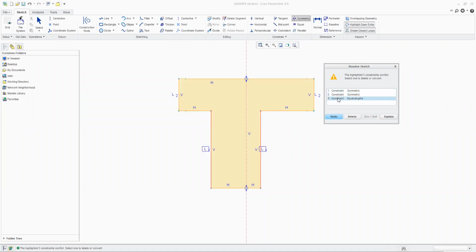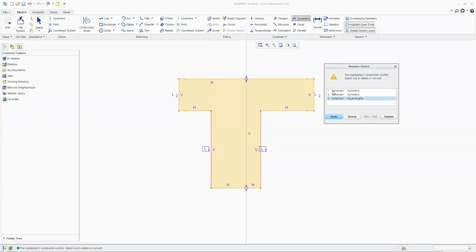Now, as a designer, you need to select which constraint needs to be removed, whether you want to remove this, or this, or this. It depends on drawing to drawing. It is not like whatever constraint I gave right now should be deleted. Perhaps this specific constraint which Creo has taken needs to be deleted.